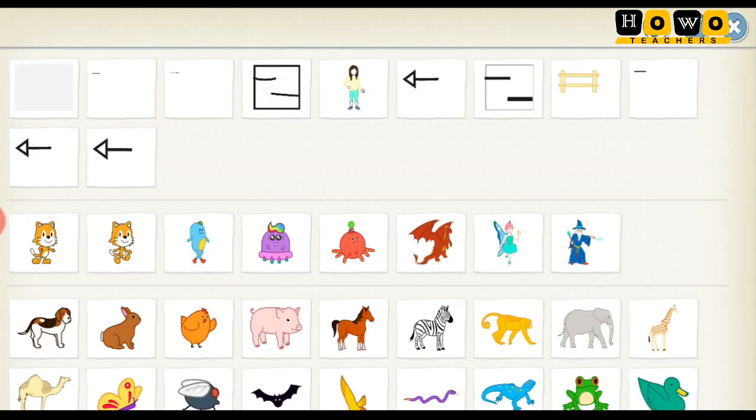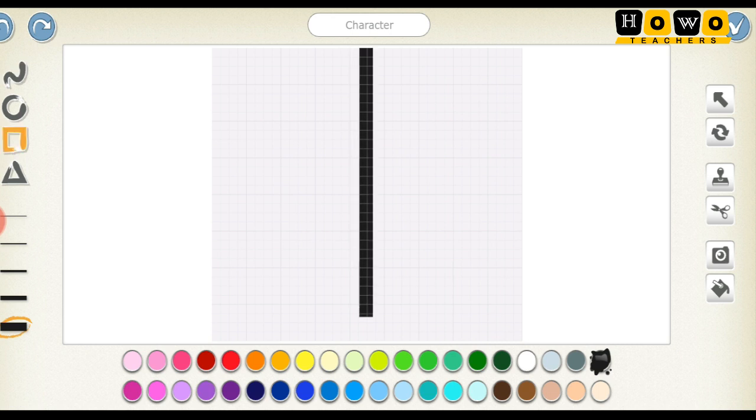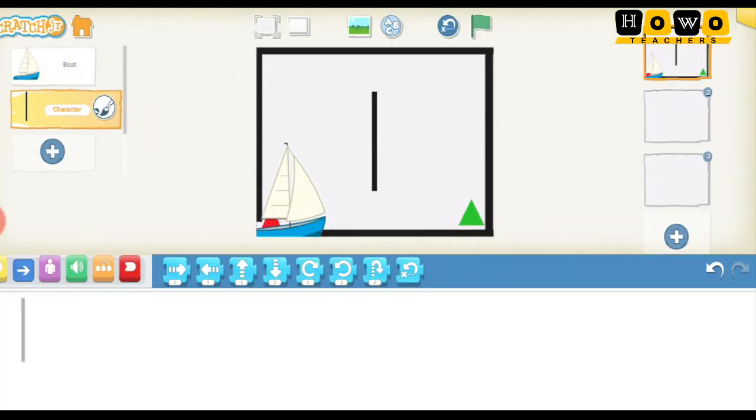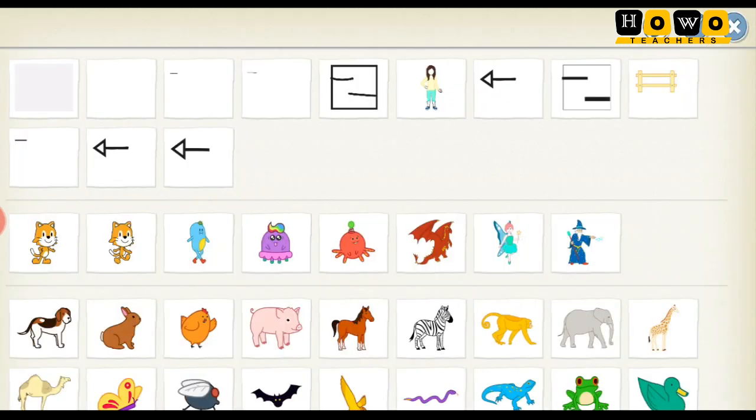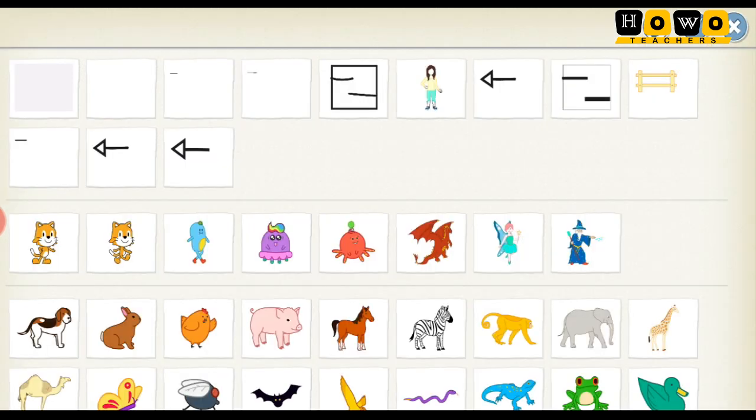Okay, let us add more characters here. For the boat race we need characters that are the lines. See, this is quite different from what we have done in the laptop version. So here I am adding the lines. These lines will make our division of the sections. It is pretty much the same as what we have already made, but a little bit different. So here I am adding the lines.